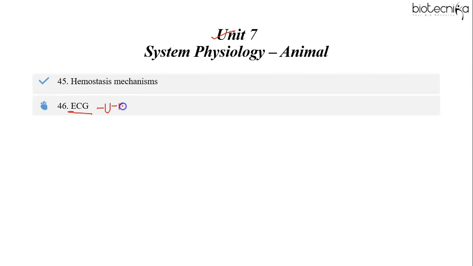Next unit is unit 7, which is animal physiology. Here are the important topics from this unit. Focus on homeostasis mechanisms, and study about ECG, that is electrocardiogram. Now this topic is common with unit 13. If the question is about the principle or application of the technique, it is framed from unit 13. But if it is merged with the cardiac cycle events happening, then it is framed from unit 7. Now to study about this technique ECG, you need to be thorough with the cardiac cycle.